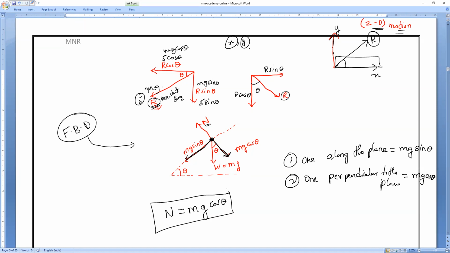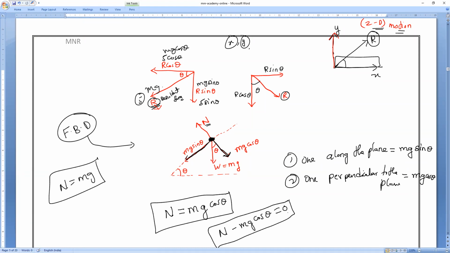So in an inclined surface, if it is a plane surface, N is equal to mg. If it is an inclined surface, N is equal to mg cos theta. Now, if I say the body is at rest, the body is not moving, the body is not sliding, so N minus mg cos theta must be equal to what?